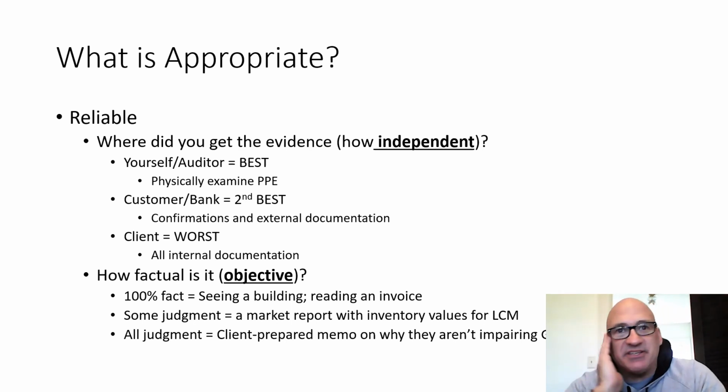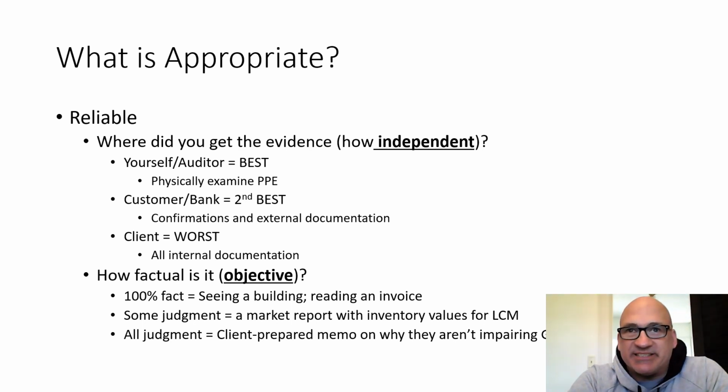The second dimension, and this is one that accounting students have struggled with, and I honestly think it's because, and I don't mean to offend anybody, but you don't understand the English language. You don't know what the word objective means, all right? And I can't explain why other than the K through 12 school system. Objective means, is it fact-based? If there's something that you can put in a calculator and get a right answer, there's nothing more factual than that. Seeing a piece of equipment, it's either there or it's not.